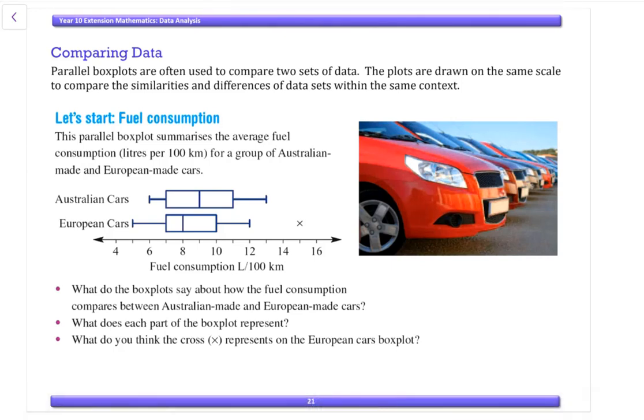This video looks at comparing data with box plots in particular. Now, parallel box plots are often used to compare two sets of data. The plots are drawn on the same scale to compare the similarities and differences of the data sets within the same context. So if we look at this example, which is on fuel consumption, this parallel box plot summarises the